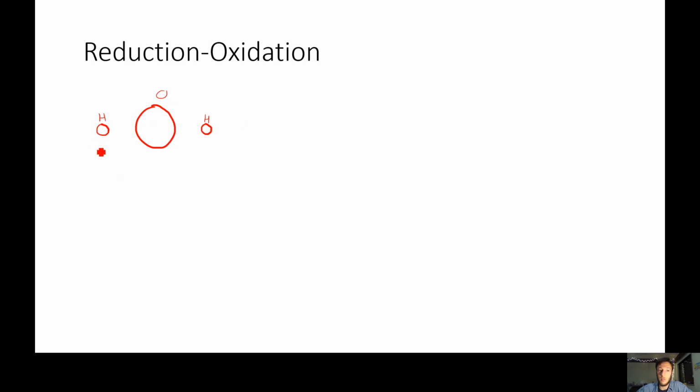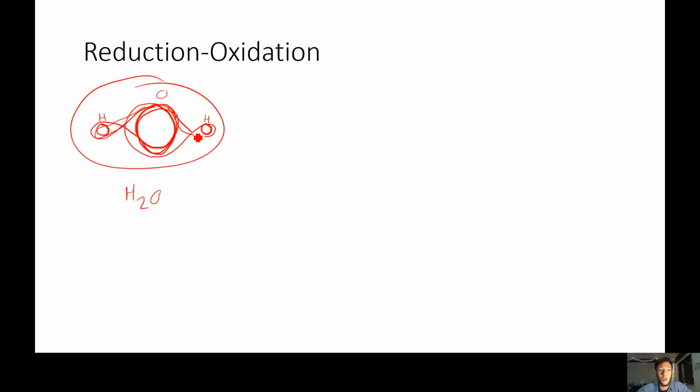What keeps these things from being just individual structures floating around on their own? Why do we have a unit called H2O? Well, it's because these electrons are orbiting very quickly. In fact, so quickly that it becomes like a rope. And it's almost like they're in several places at once if you were to observe it in real time,